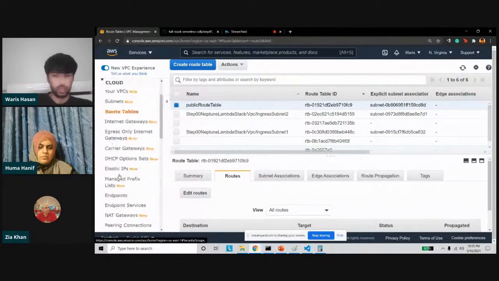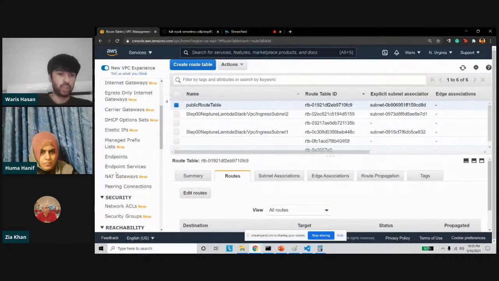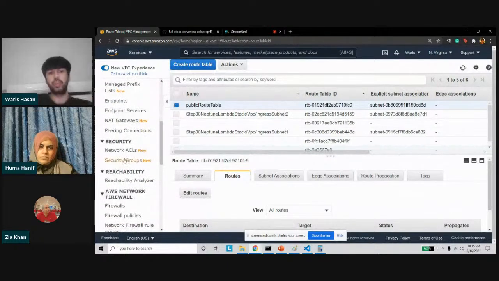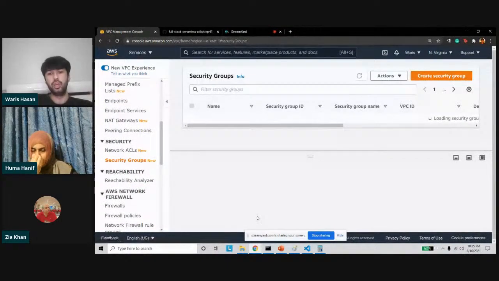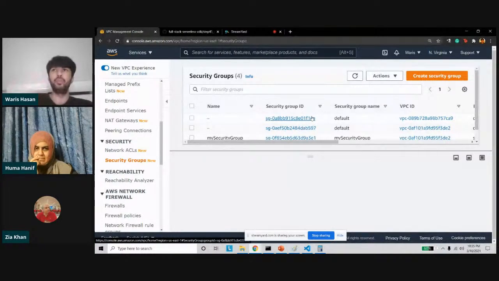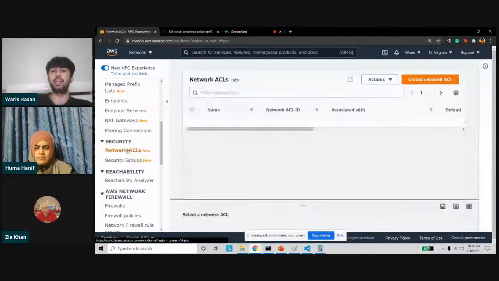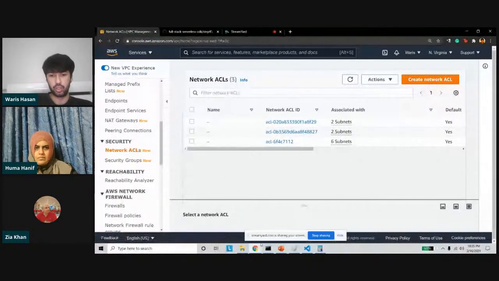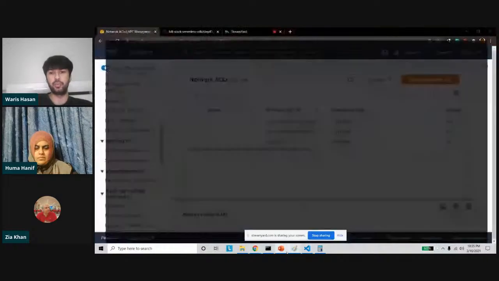Now, two other important things, because we don't have much time left, are security groups and ACLs. Security groups work like a firewall that monitors your inbound and outbound traffic. And then you also have ACLs, which again is a kind of firewall. Now the difference between ACL and security groups